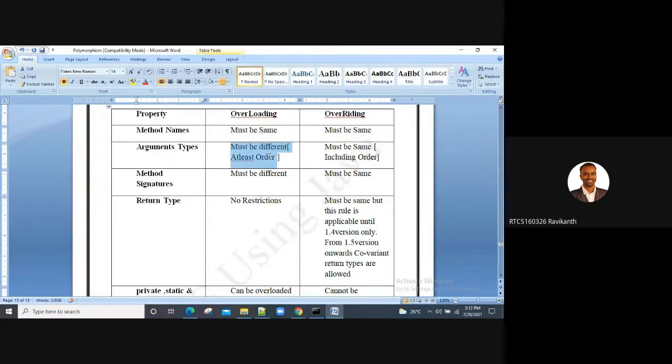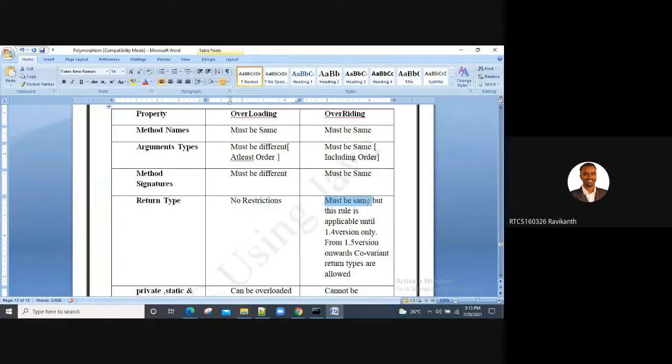They must be different, at least in order, in overloading. But in overriding they must be the same. Method signature must be different for overloading, but here it must be the same again. Then return type: there's no restriction with respect to overloading, but with respect to overriding, it must be the same.